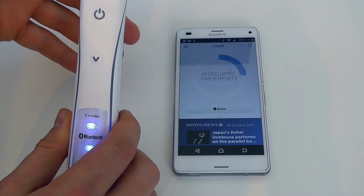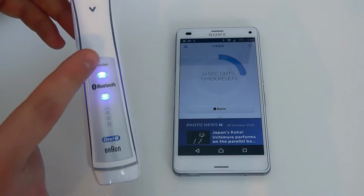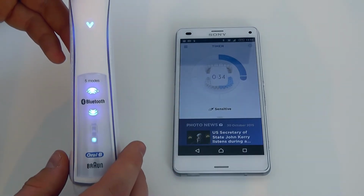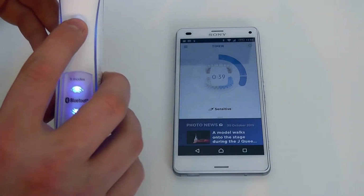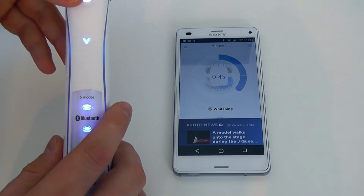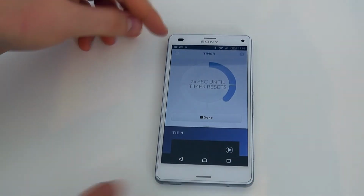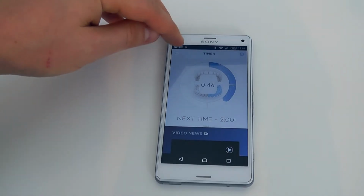If I stop the brush, it can see that we've actually stopped because the brush is now communicating that information as identified by these icons here. If I start it up again, the brushing cycle continues, keeps the timer counting down, and you can see how we've got this on-screen representation of where we should be actually cleaning in the mouth, and I can still change the cleaning modes like so. So I'm going to stop that because you've probably got the idea of how that works. And I'm going to show you how this goes a little bit further with Bluetooth connectivity. So if I click done, finish the clean,